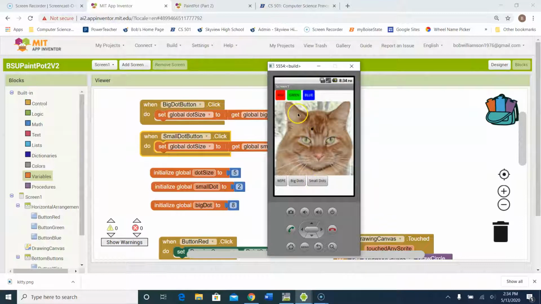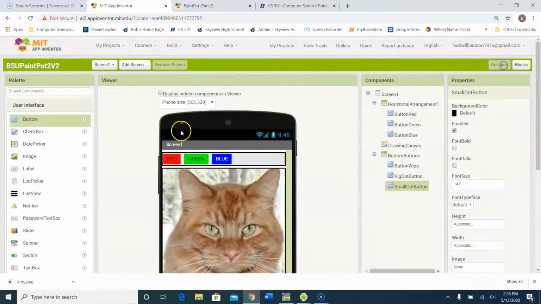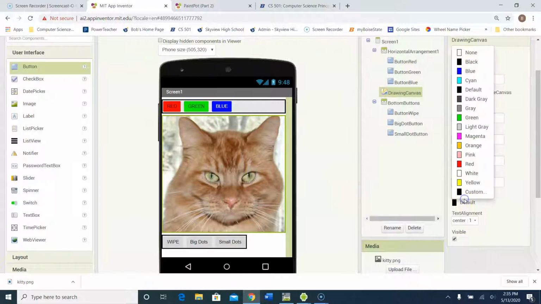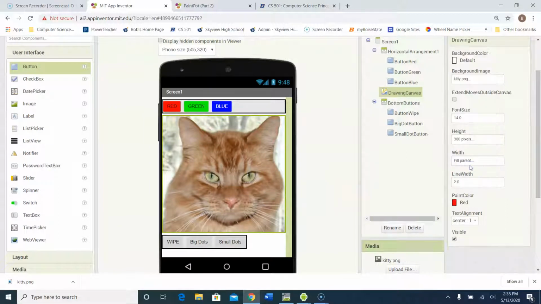So currently I have, okay, so this black dot here being set at the very beginning, not too happy with that, seeing as how we only have the availability of doing red, blue, and green. As soon as I select that, it has that option, but I think we need to go back into our designer